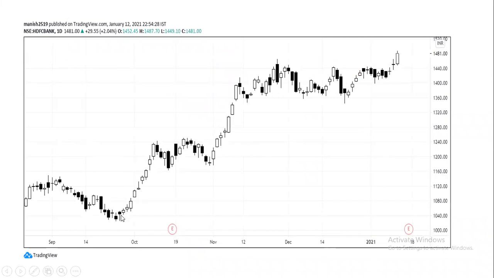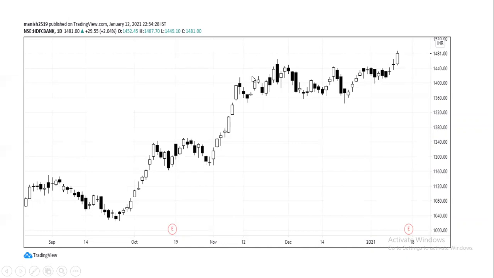From October onwards, you can see the price is in an uptrend, and from mid-November, you can see price started moving sideways. There are three kinds of trend in the market: uptrend, downtrend, sideways. When price is moving in an up direction, as you can see here from October onwards, this was an uptrend. And when price is moving in a down direction, that is known as a downtrend. But here you can see the price is moving flat, or you can say price is moving sideways. Nothing major is happening. Stock is just consolidating. This is called sideways.